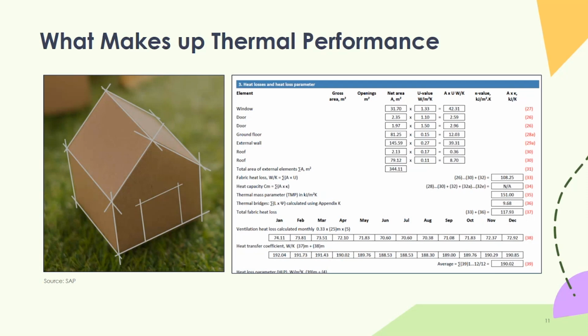And then, like I touched on before, we're assuming, or projecting what we think the U values are likely to be based on the age and predominant construction type of that element. And then that's giving us a heat loss rate per element. That is all summed up to give us a total fabric heat loss rate. We're adding in some thermal bridging, line 36 there, to then ultimately arrive at this line at the bottom, a